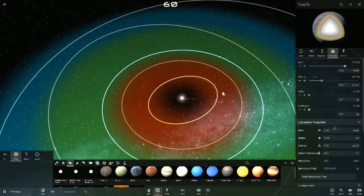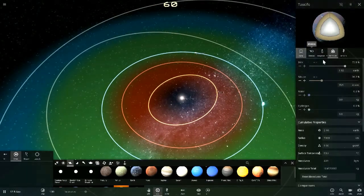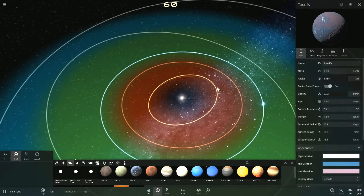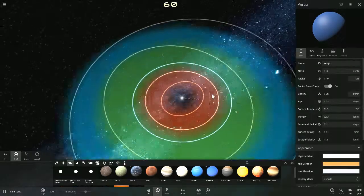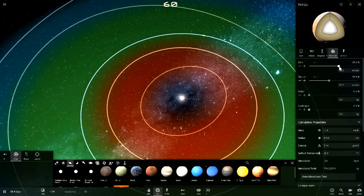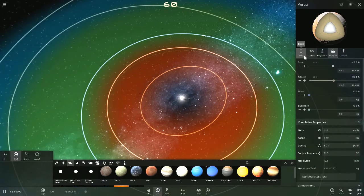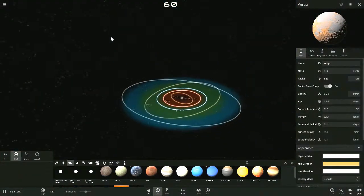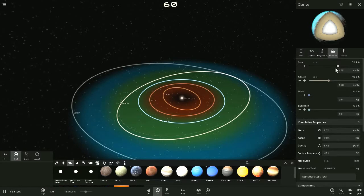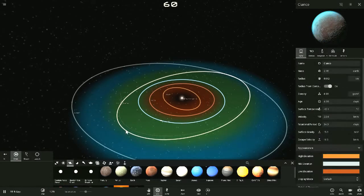Now, the closest one, its core isn't that big. When I said I had no intel, what I really meant is I had little intel. So the innermost planet has the smallest core. The second one out, it's about 50-50 to be honest. So it's like half iron and nickel and half something else. The fourth, the one out from Polyphemus,